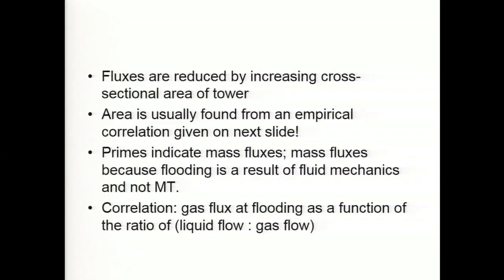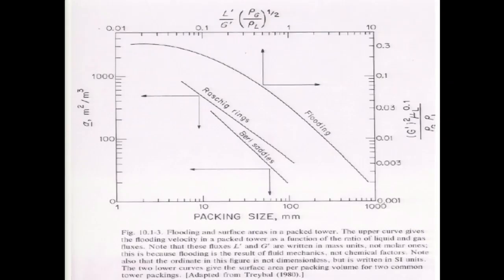If we arbitrarily choose some cross sectional area which corresponds to such values of G prime and L prime that the flooding is assured, we have trouble. So, our objective will be to choose such an area that we are a safe distance from the flooding condition. But we are not too far from flooding condition either. I will explain why. The experiments that you would do in the laboratory would give you a plot like this.